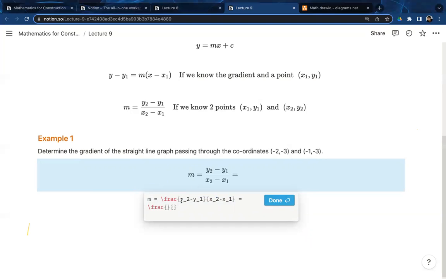So normally you want to put brackets around them to make sure you don't make any mistakes with BODMAS on these things, right? So what is x1, y1? This is x1, y1 here. So I could substitute for that. The y2 is the -3, right? So I could say on top here, y2 is -3 and the y1 is -3. So -3 minus